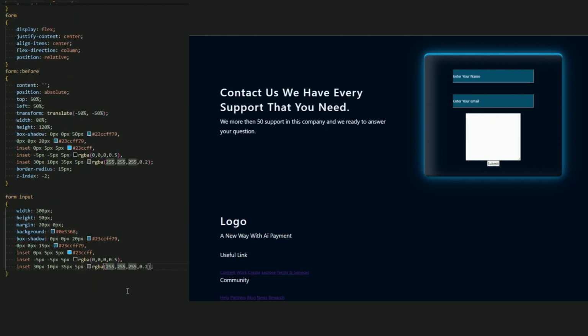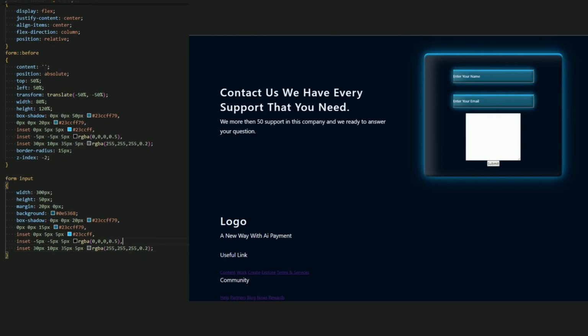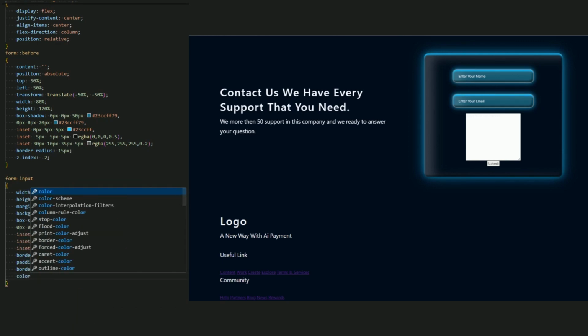Yep, everything is good. Now for the border radius, simple, 15 pixel, and add the padding for this placeholder to be centered in this input. So padding be 20 pixel is enough, and the border 2 pixel, solid, and the color be gray, and the color inside the input let be ghost white.